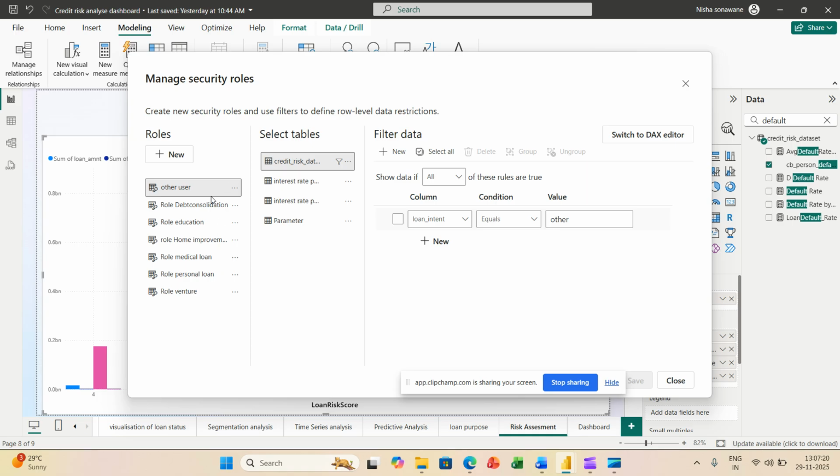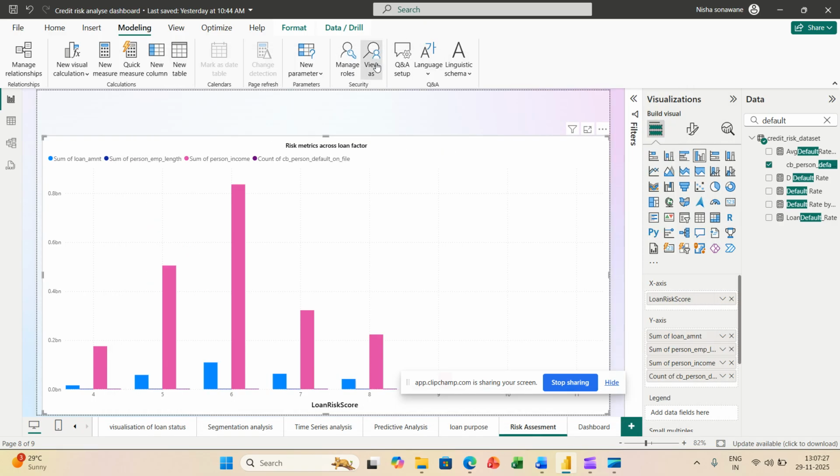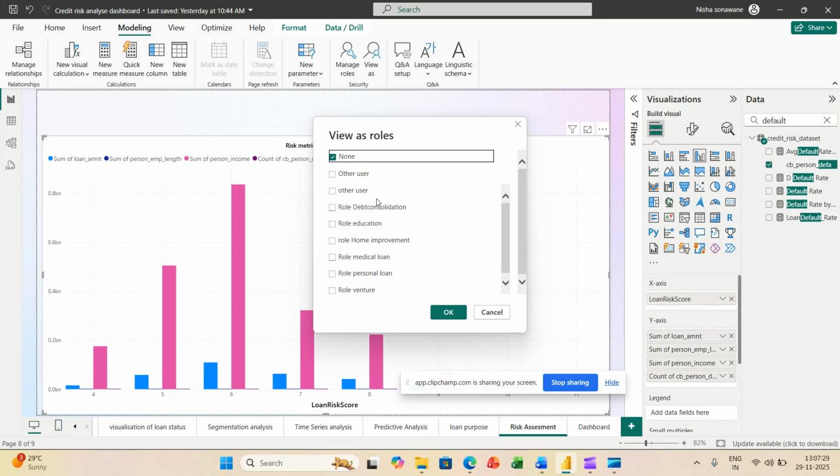I already created the roles here, so I show you these roles I created for each column.